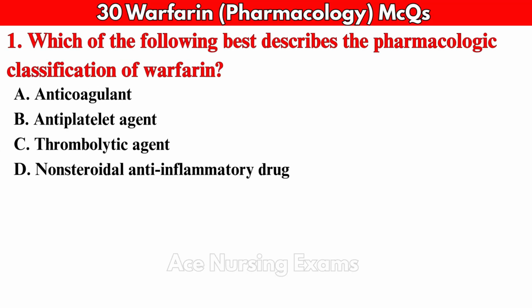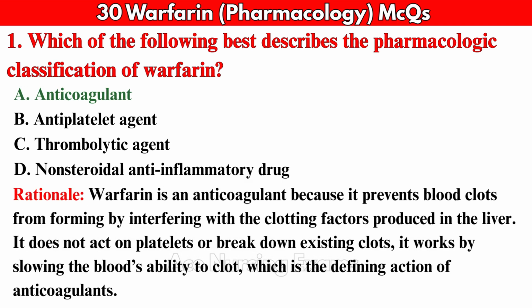Which of the following best describes the pharmacologic classification of warfarin? A. Anticoagulant, B. Antiplatelet agent, C. Thrombolytic agent, D. Non-steroidal anti-inflammatory drug. Correct answer, A. Anticoagulant. Warfarin is an anticoagulant because it prevents blood clots from forming by interfering with the clotting